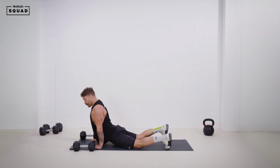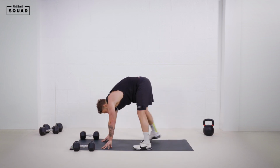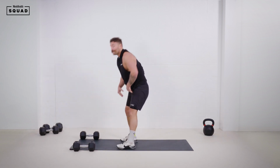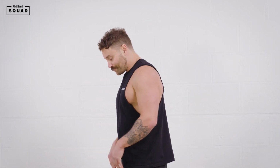If you're really short on time, just skip ahead, get straight into that 10-minute workout. This is an ideal one to throw in as a finisher, or just on a Friday night when you want to drive a little bit of blood into the muscles. Fill those sleeves out a little bit. The movements we're going to be doing are